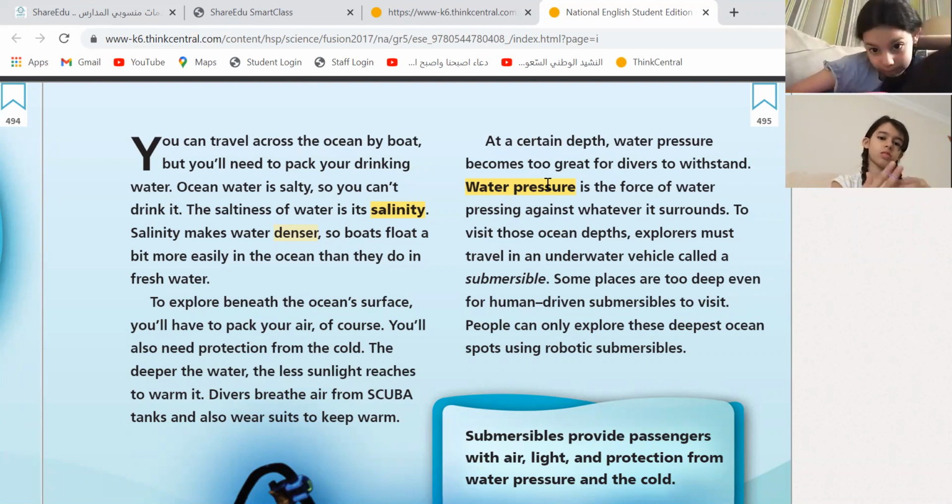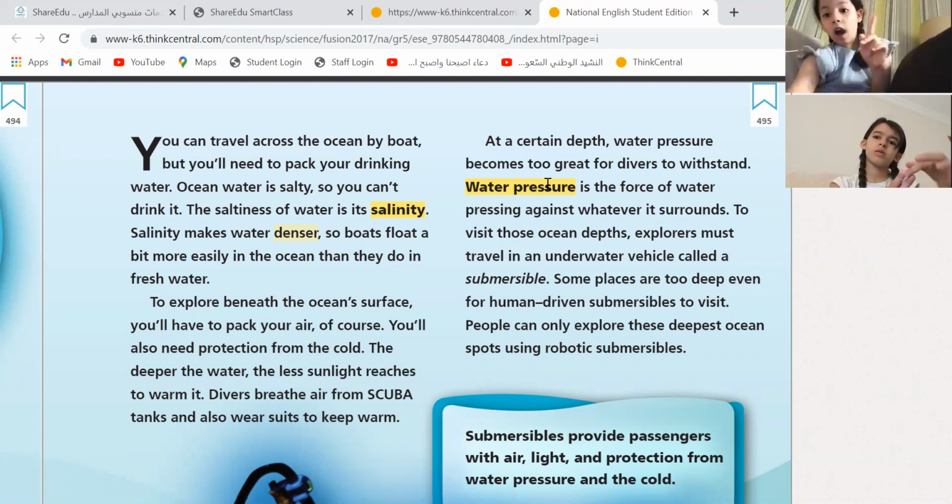Also, the ocean has water pressure. The deeper you go down into the ocean, the more water pressure you feel. The force of water pressing against whatever it surrounds is the water pressure. So if you want to visit those ocean depths, explorers must travel in an underwater vehicle called a